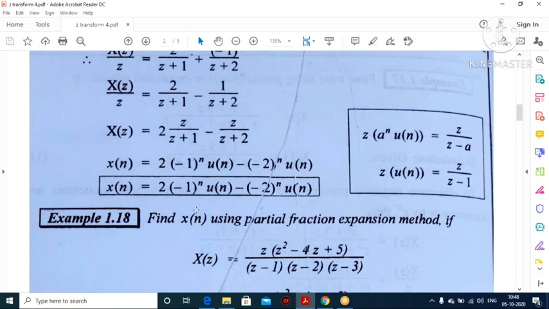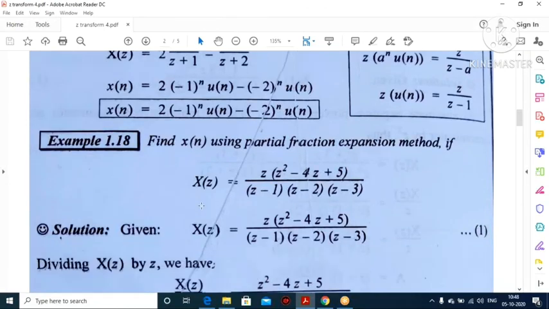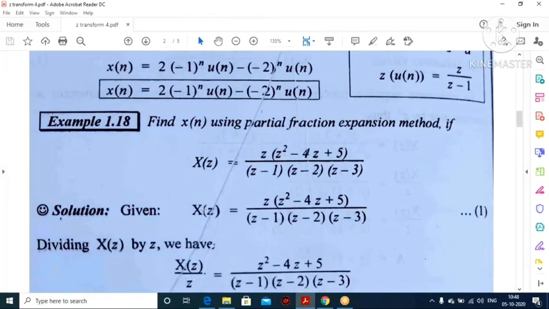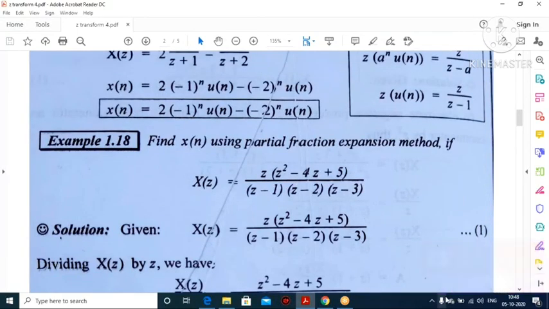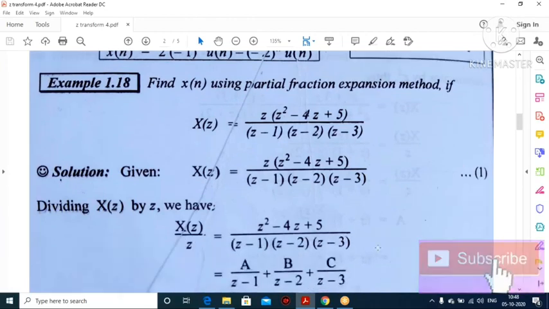So compared to the previous one, partial fraction is also very easy for you, but once you know the logic, right? And also you have to learn all the z transform formulas by heart. Look at the second problem. I concluded my topic. Take this as a homework problem for you. Same procedure only. I just give you an overview.